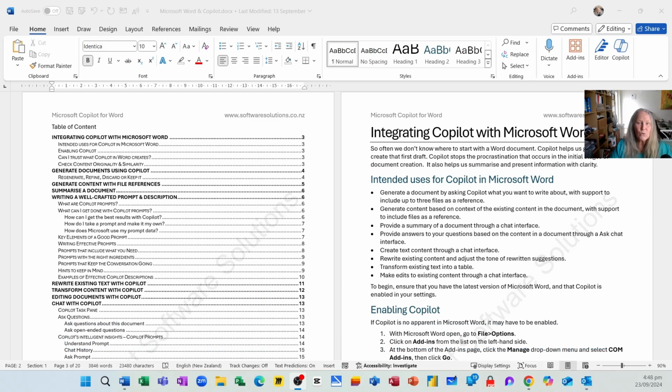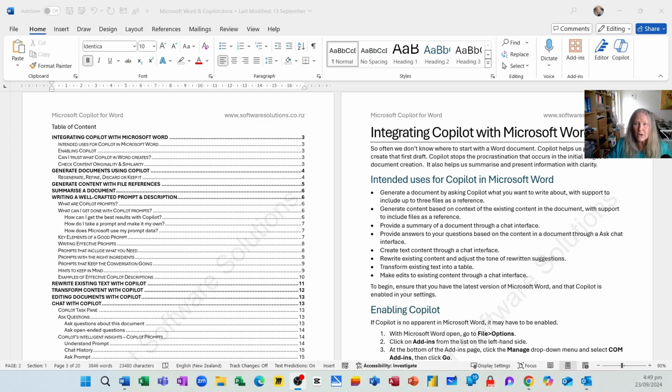What we've looked at in earlier videos is how we generate content and create drafts using Copilot. Then we looked at how we create good prompts to get good results from Copilot. Following that, we looked at the auto rewrite, we looked at making changes, and we even looked at visualizing the information as a table. Now what I want to do is look at how you chat with Copilot in